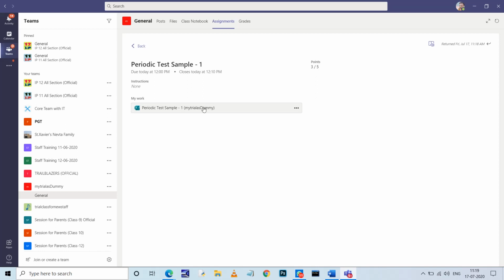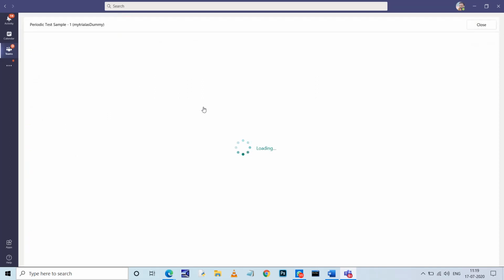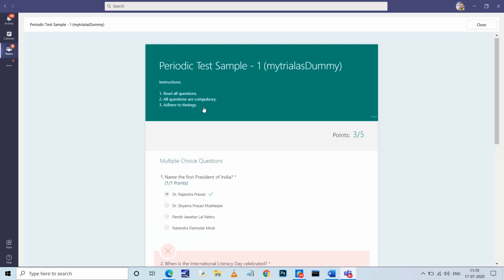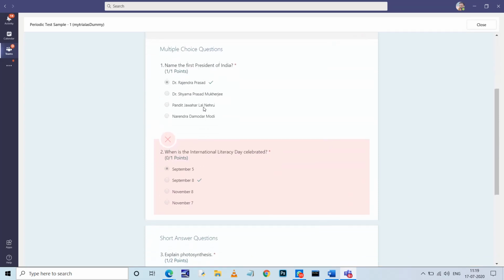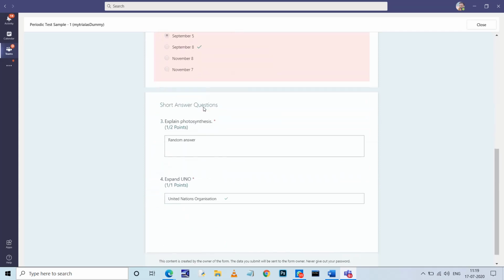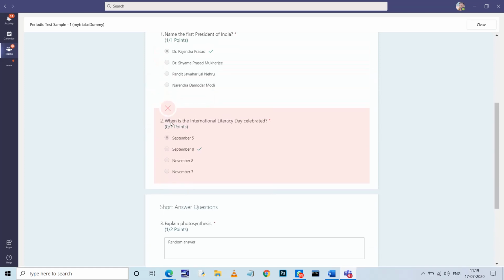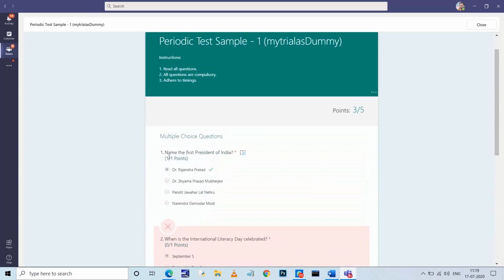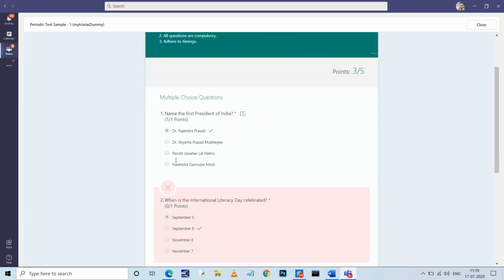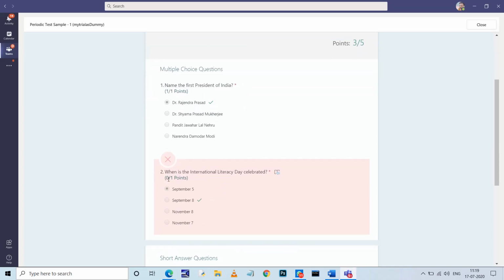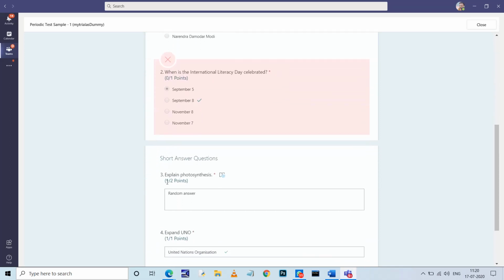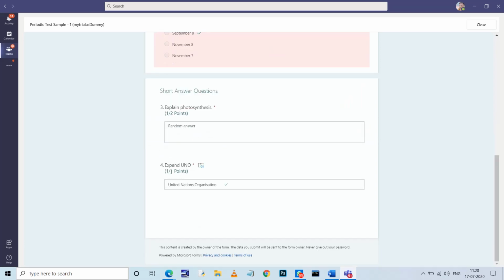Fine. If you want to see the result sheet, you click on this. The same form will now open, but this is the evaluated form. See, the correct answers and the incorrect answers are quickly and clearly identified. And the points that were provided on these answers are also written. So this is 1 upon 1, this is 1 upon 2, this is 0 upon 1, and this is 1 upon 1. This means that you have received 1 out of 1 points. Out of 1 point, you have received a 0 over here. Out of 2 points, you have received a 1 over here. And out of 1 point, you received a 1 over here.